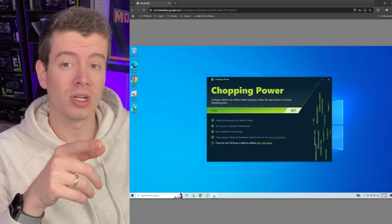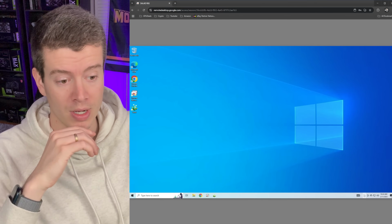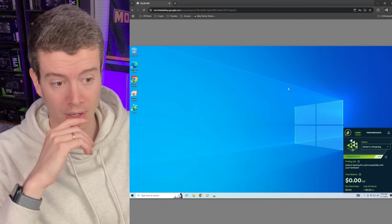So I bet that's going to allow me to get better jobs once I've chopped for 50 hours. So that shouldn't be any issue. This PC is going to run like this for quite a while. Let's go ahead and let this do its thing, and I'll check back in a day or so and see